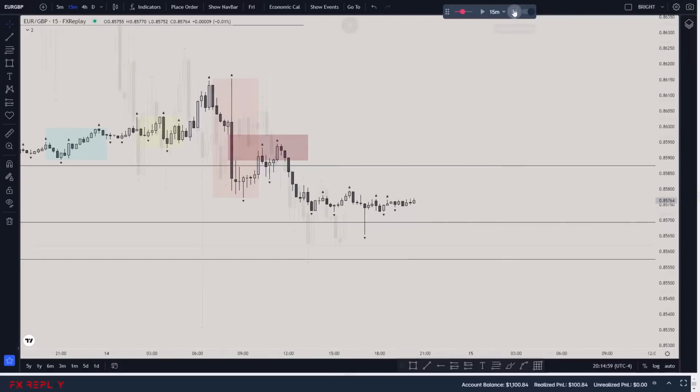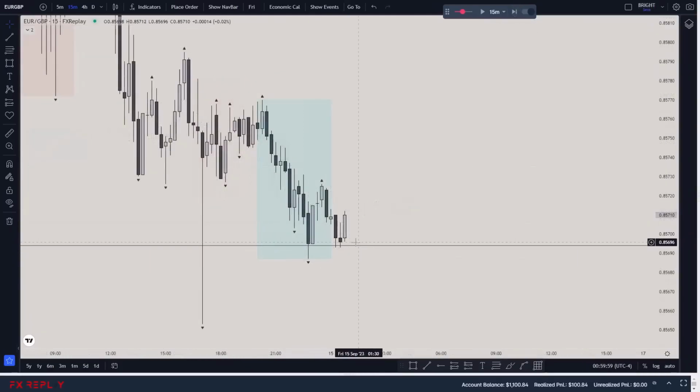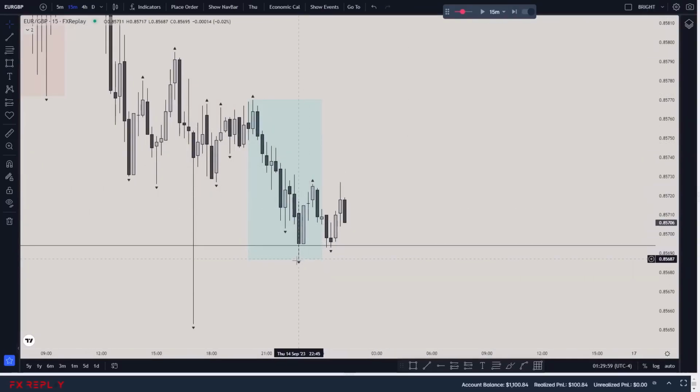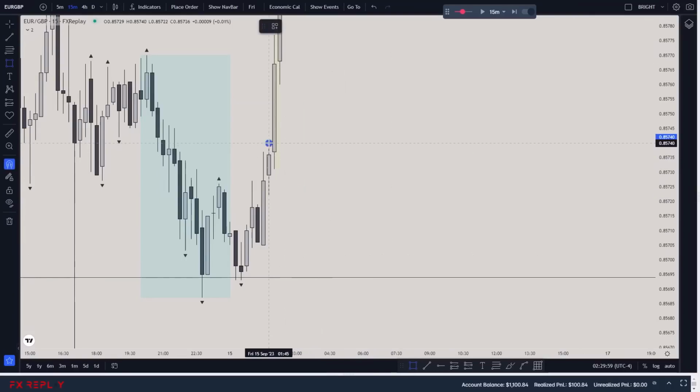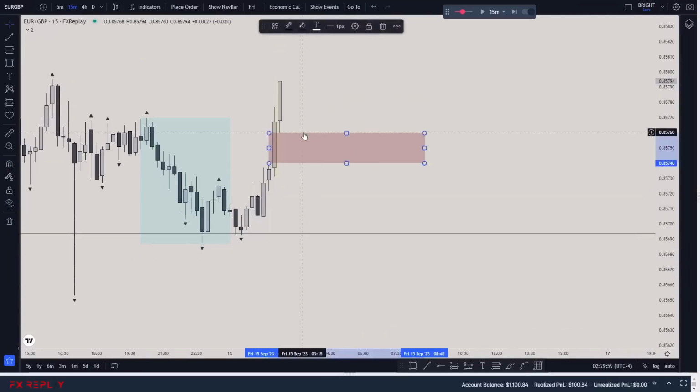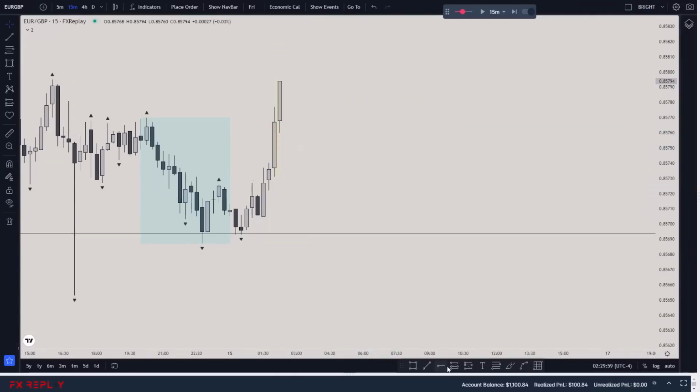We're gonna keep going. Price is respecting this level, not closing below it. And you see price coming lower, going up, coming lower. So a potential change of character right here. So price going up. Okay, there is a closure. If we wanted to enter on the London kill zone, this is a very high entry, right? Very high entry. Now there is another fair value gap just right here,